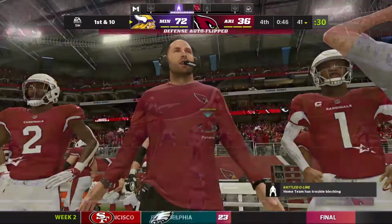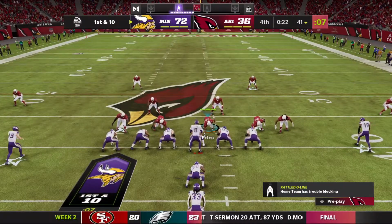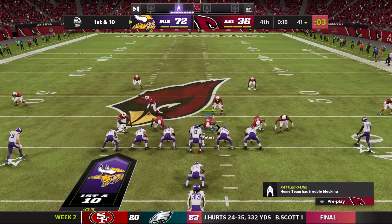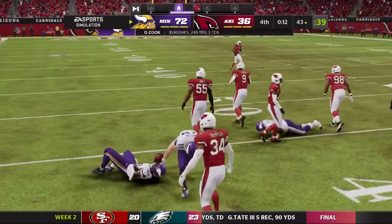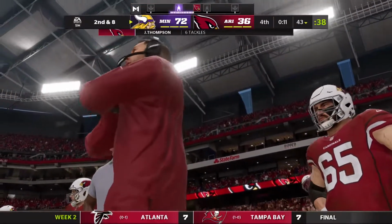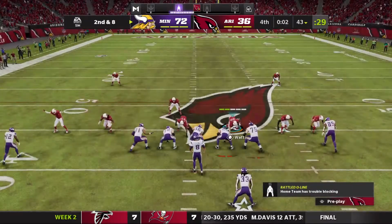At carries like that, that's how they're going to continue to salt this thing away here, Charles, in the fourth quarter. Yeah, how about that? A new set of downs. Clock continues to move. No better way to close out a game than to tap those mastodons you have up front and say, guys, keep pounding them. Let's keep the ball, keep their offense on the sidelines, and let's close this one out. Give him a couple on the carry there. 2nd and